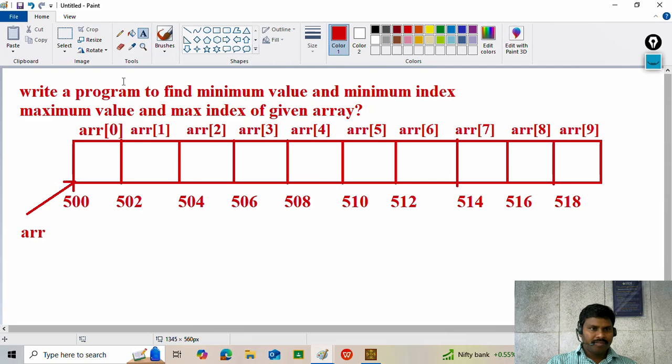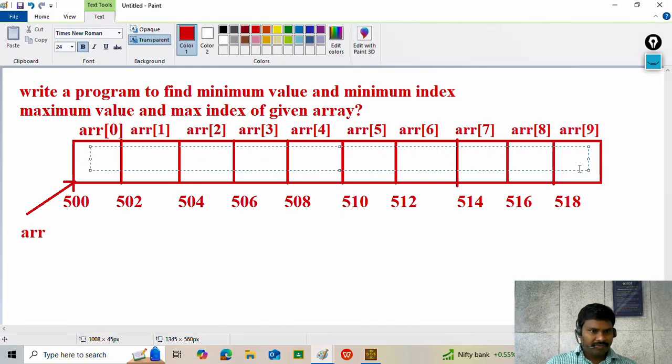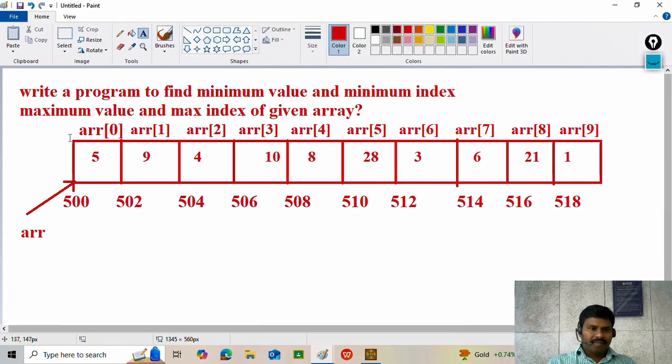Here I am entering some values. Entering values are 5, 9, some 4, some 10, then 8, take 28, take entering 3, 6, 21, and then 1. So in this program you have to find, in this array, the